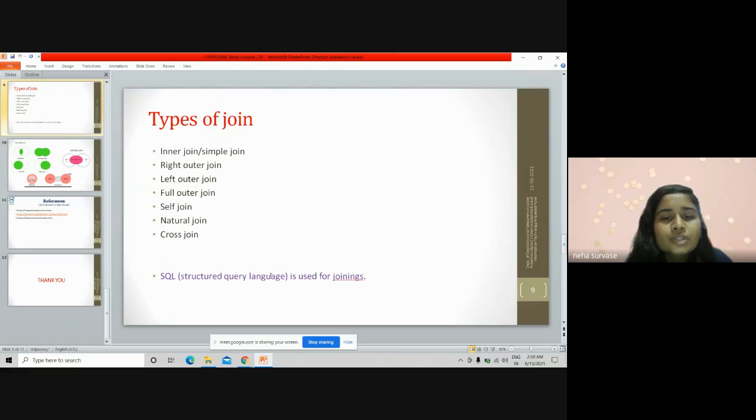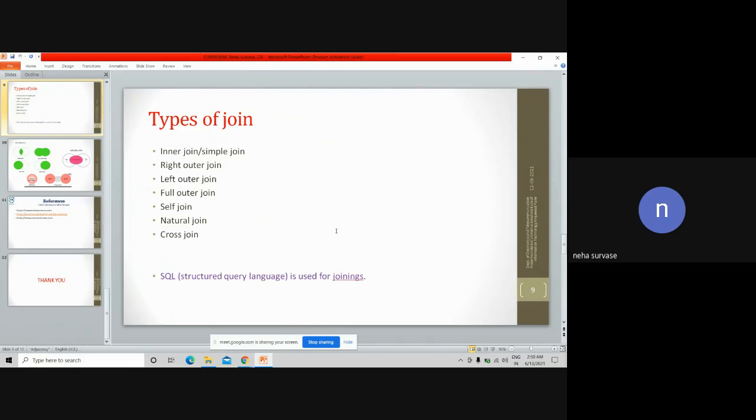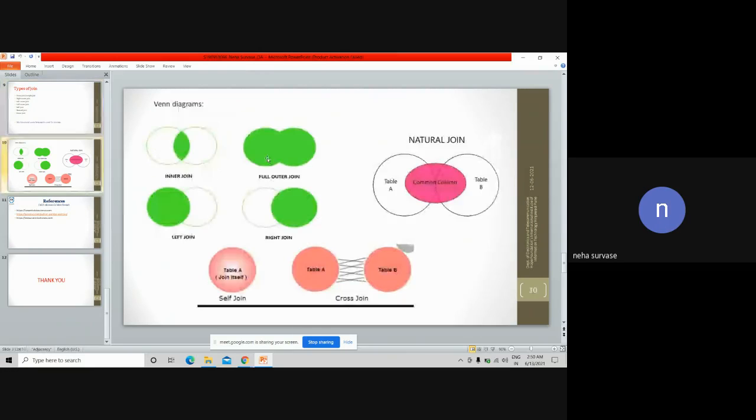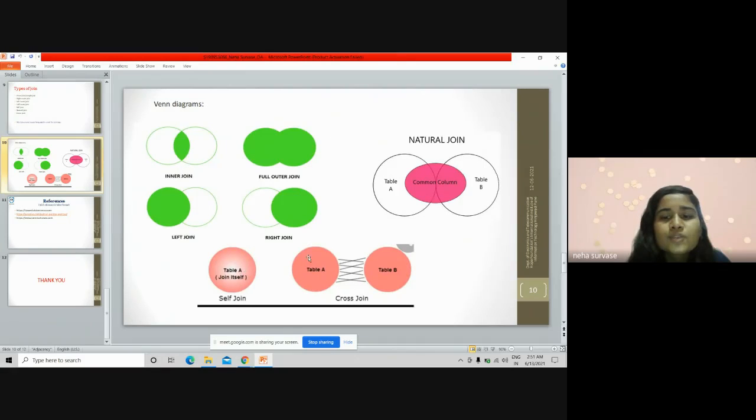SQL is structured query language, which is used for joinings. This is the best joining clause, perfect for combining rows from two or more tables. Now these are the Venn diagrams. This is for inner join, this is for full outer join, this is left join, right join, self join, cross join, natural join. Natural join needs a common column as I have mentioned in the definition.